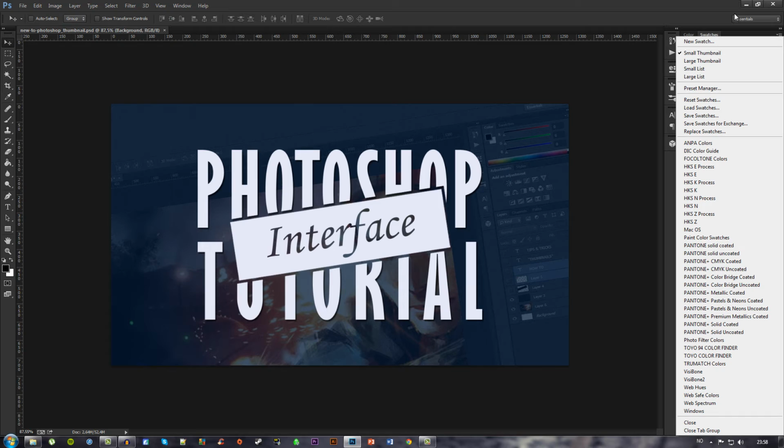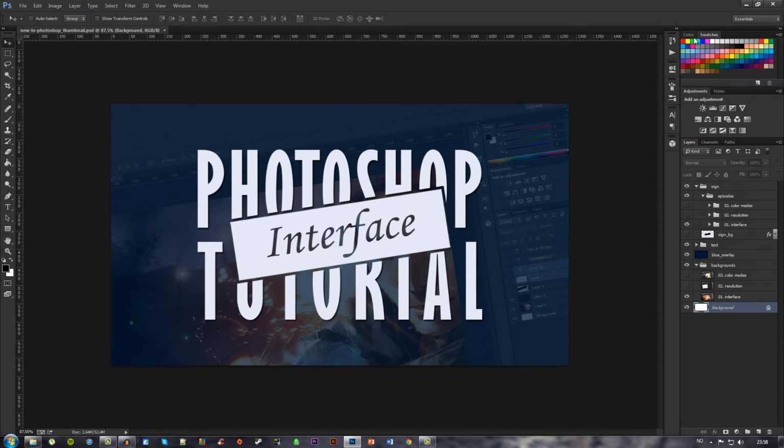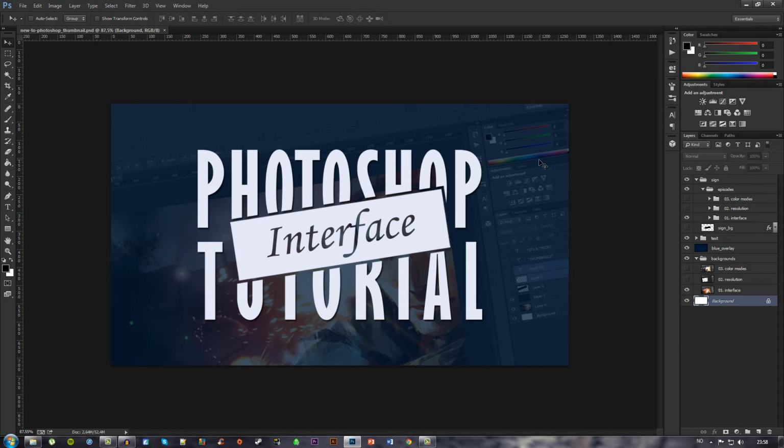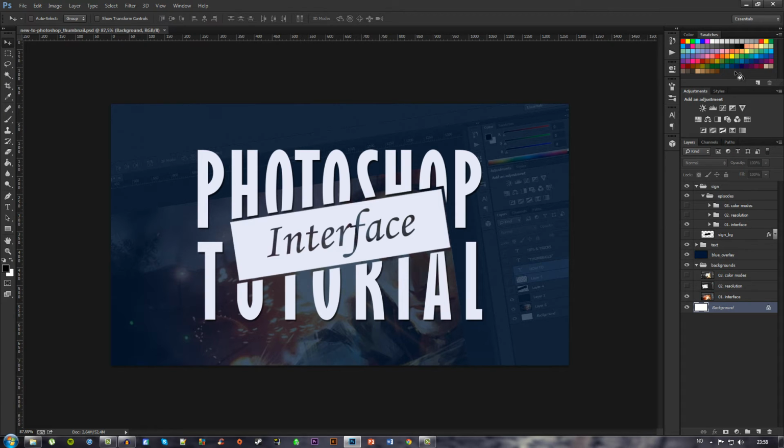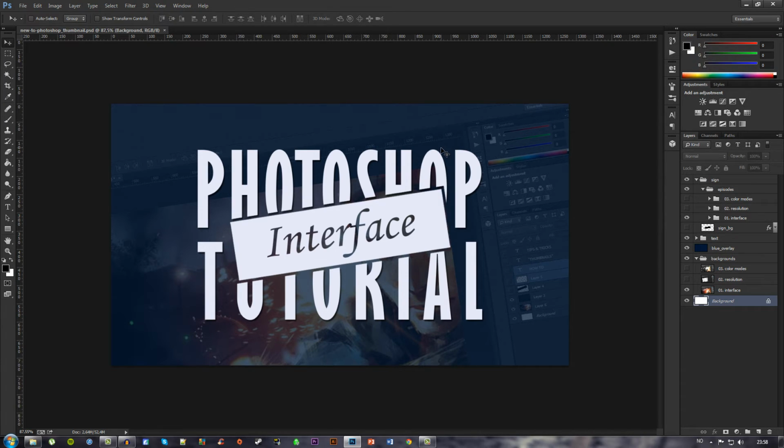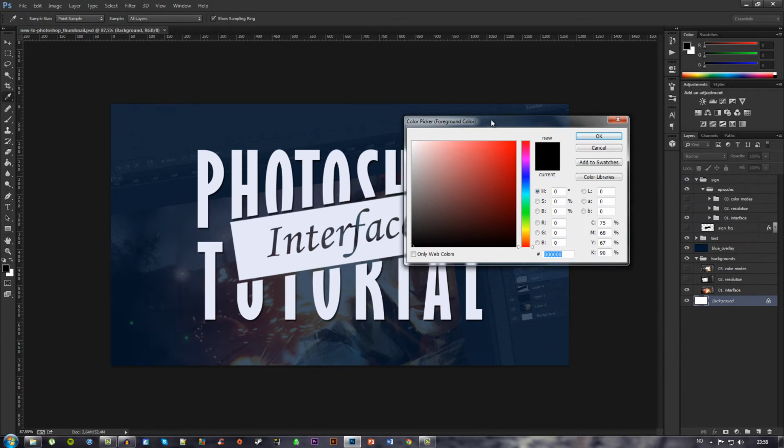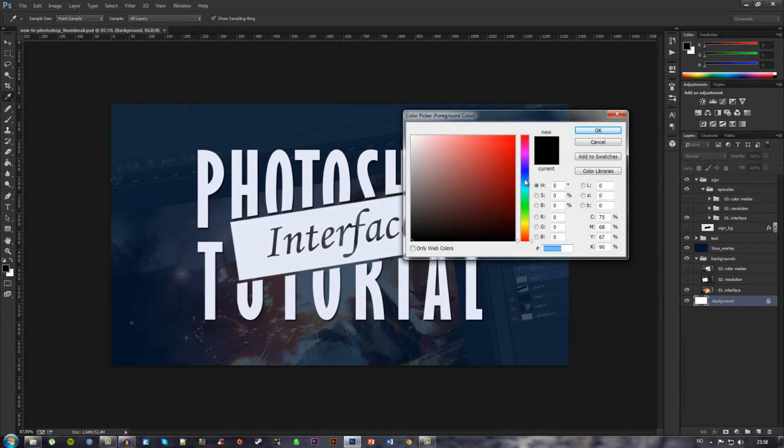On another computer I have a swatch group, you can see all the color groups right here. In the winter of 2013 I did a lot of designing using that very flat design, very flat colors, which was very popular in 2013. And it's very helpful to create your own swatch group, so instead of going into the color picker and picking some color every single time, you just